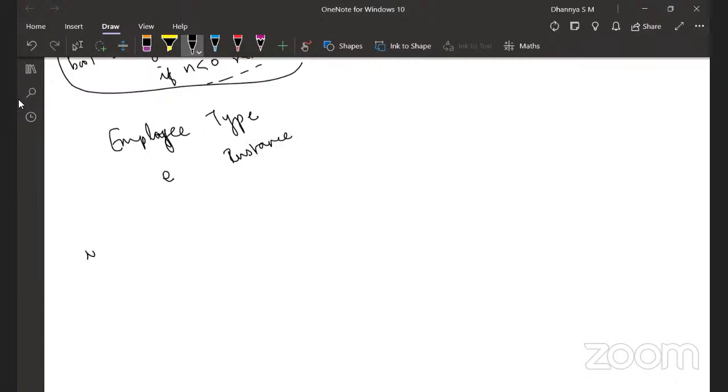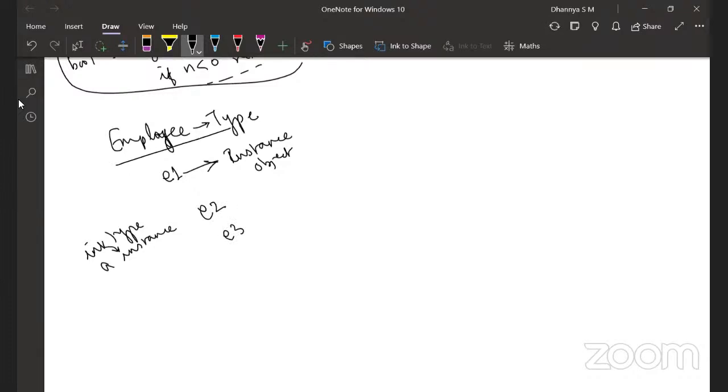Say, for instance, int is the type, and A is the instance of type integer. Same way, employee is the type, and E is an object or instance of type employee. So E1 possibly stands for one employee, E2 stands for the next employee, E3 stands for the third employee, etc.